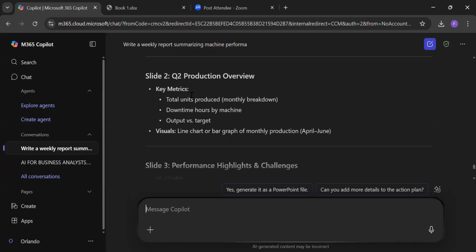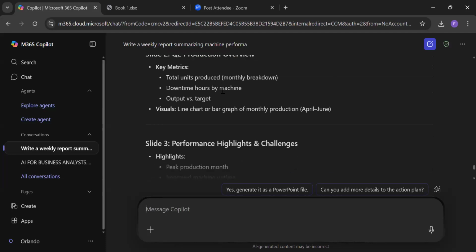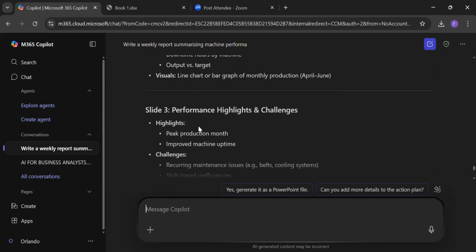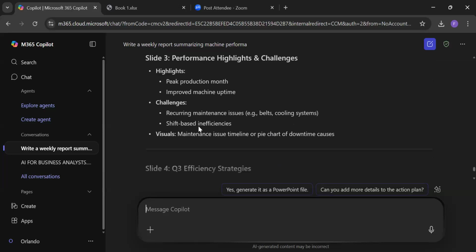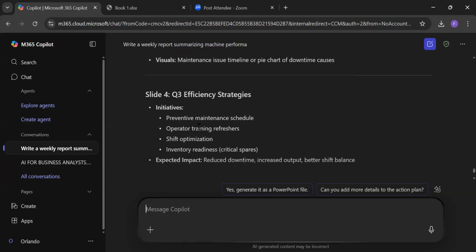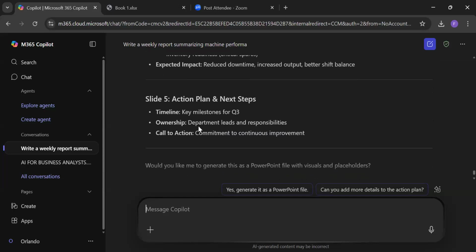It also created a second slide covering units produced, monthly breakdowns, and downtime for hours and machines. It also covered performance highlights and challenges, and then efficiency strategies and action plan for the third quarter.